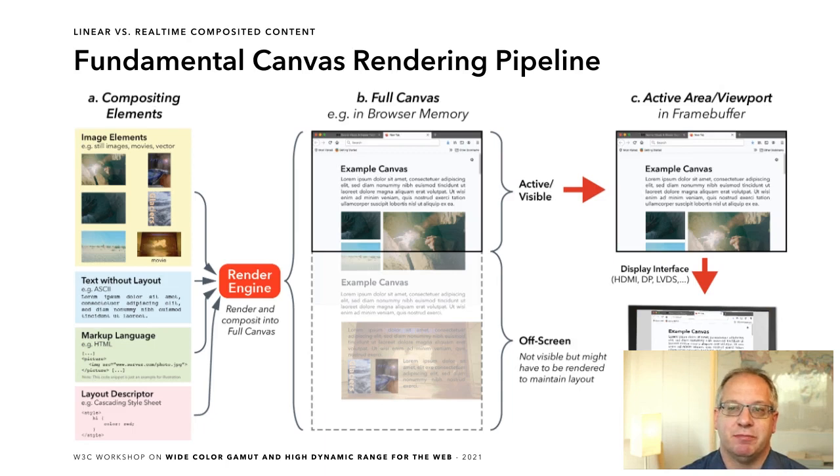A canvas-based rendering pipeline is more complex than a typical linear one. This stems from the fact that instead of only processing a single full-screen frame as with the linear workflow, the renderer now must ingest a multitude of composition elements and place them on the canvas using layout recipes, which are, for example, based on HTML, CSS, or XML. It is also possible that the canvas extends beyond the full screen area that is immediately visible. Nevertheless, layout and appearance considerations must be factored in for the whole canvas. The active or visible area is then rendered into the frame buffer as before with the linear approach and sent to the display.